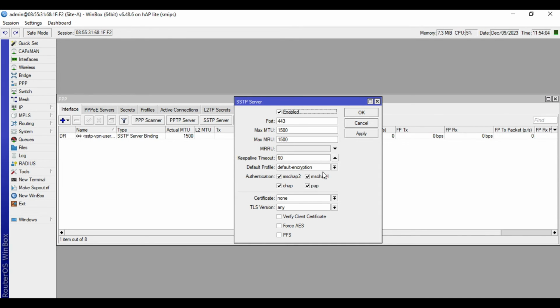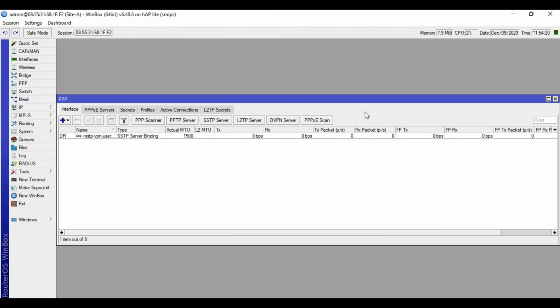In the certificate field, choose the server certificate. Apply. You can check this one, verify client certificate. Apply. Then okay.